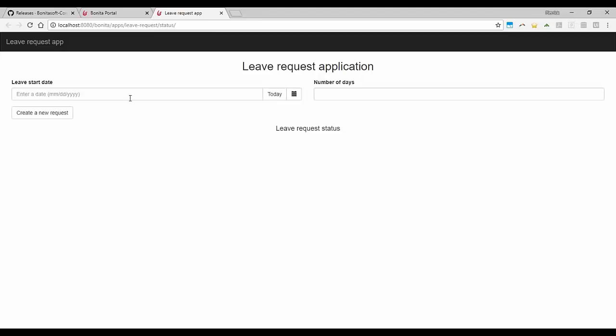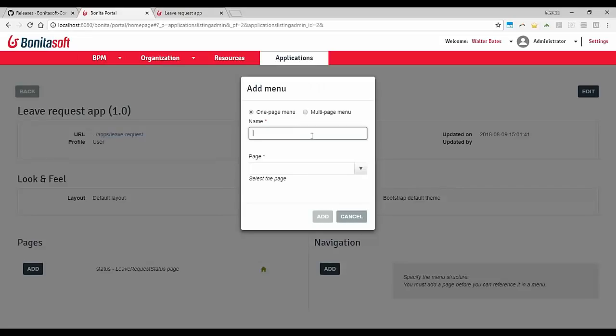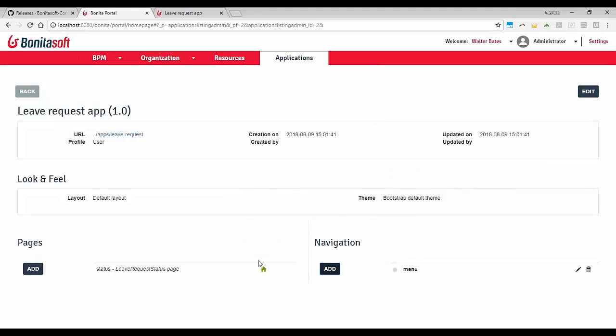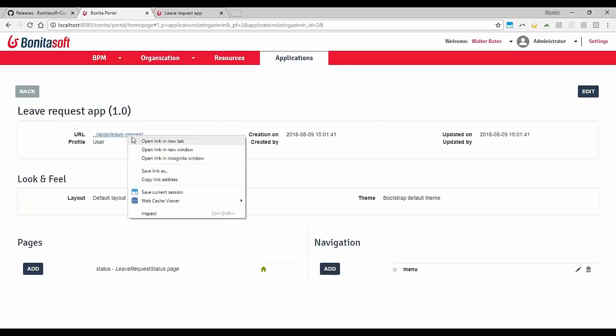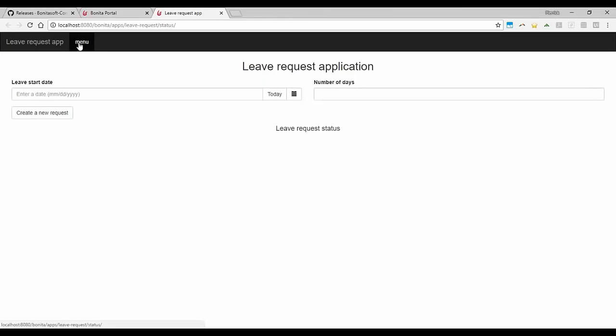This page is not doing anything right now, but what is important is to see that you have a menu on the top and that you have a page based on where I click here. So I don't have a menu, but I could have. Let's say here I add a navigation on my description menu. And then I can select the page that I want to show clicking on this menu. And this one was the default one. So you see the little house here, it means the home. So if I come back to the application now, I should have a menu that is called menu.